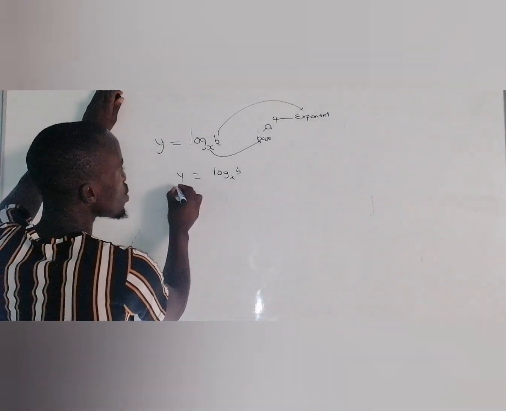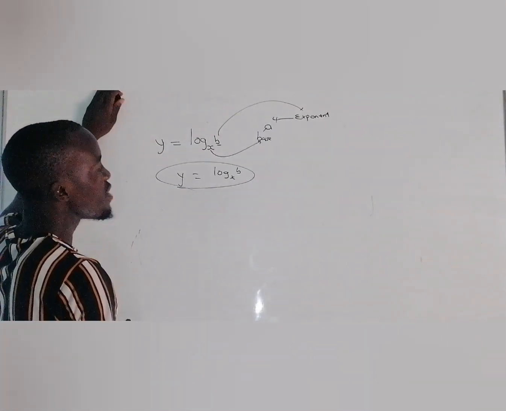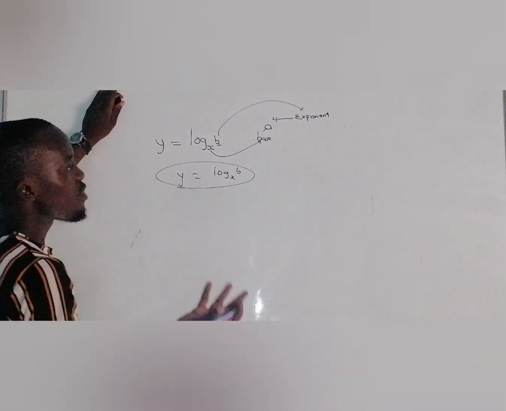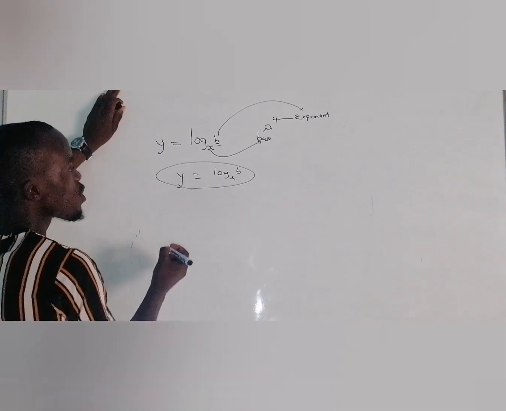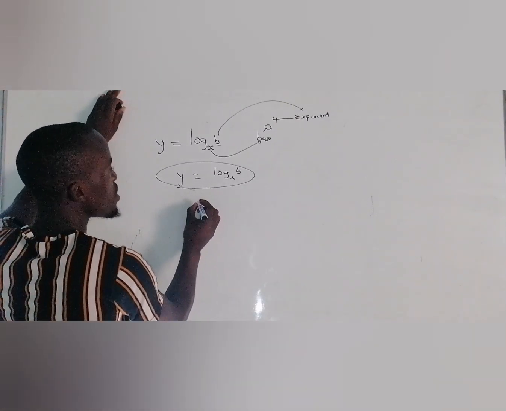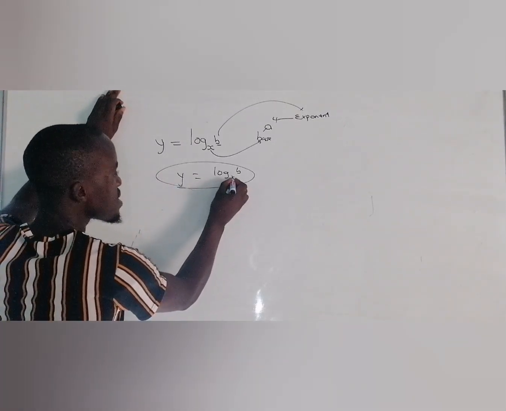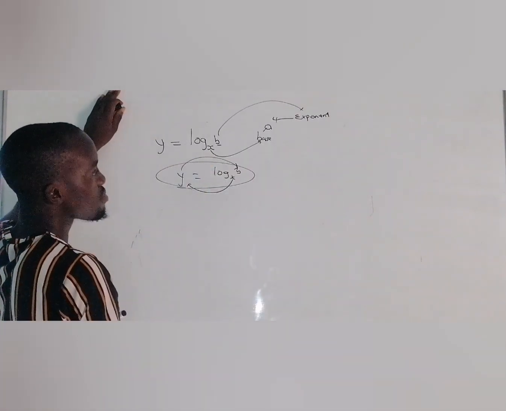Now they can ask you to write this in an exponential form, or they give you an expression in an exponential form, asking you to convert it to logarithm. So for you to write it in an exponential form, this is what you have to do. You say the base to the power